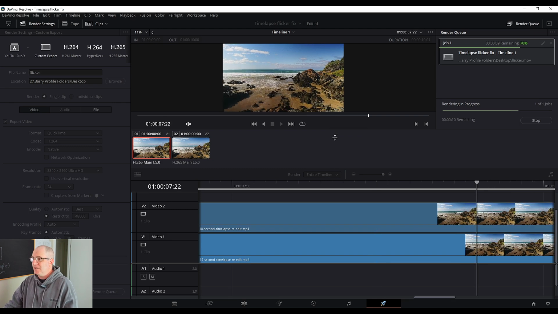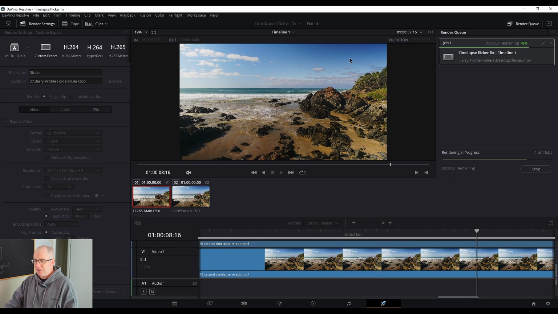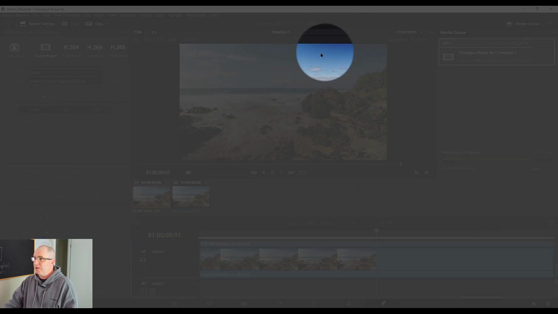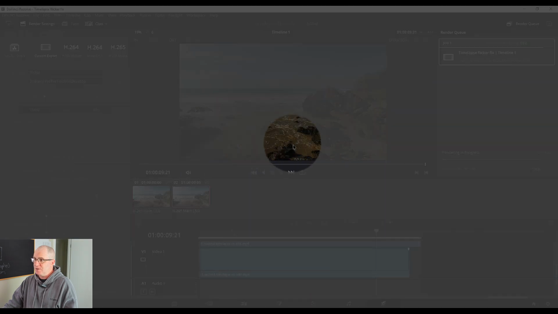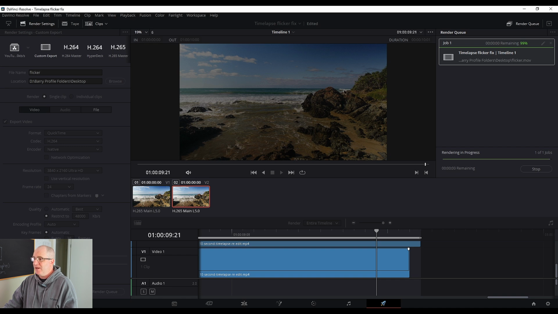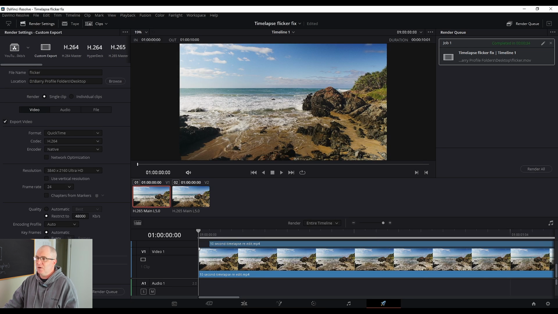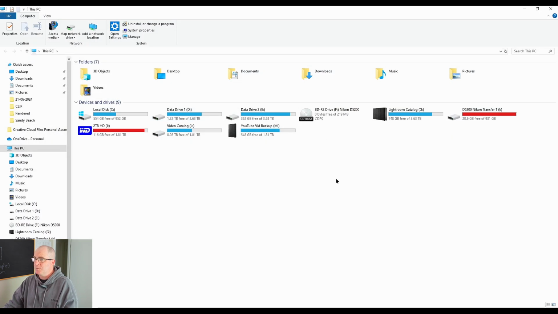Now you can see here in this video, see this darker blue area in the sky up here, and also this darker sort of corner down the bottom. That is because of the ND filter. I turned the variable ND filter too far. You really need to be careful with them. If you're going to purchase one, just be mindful of that.